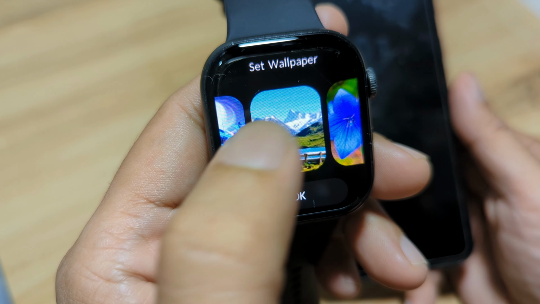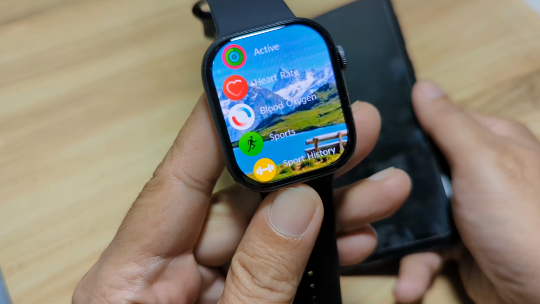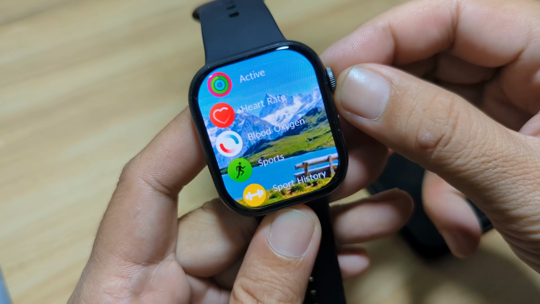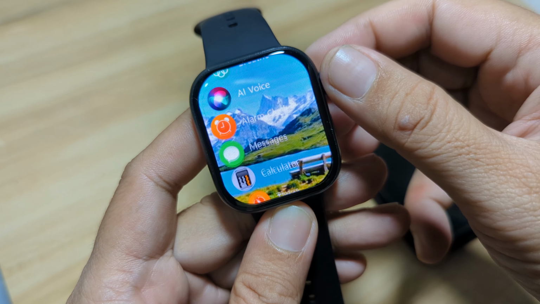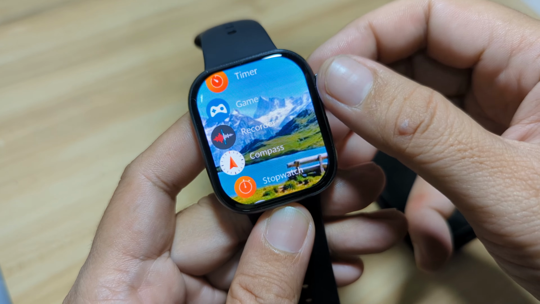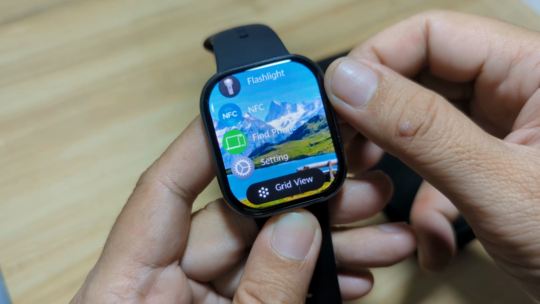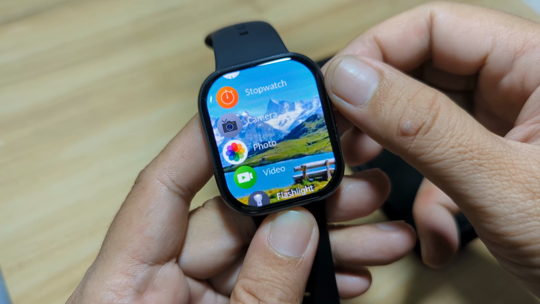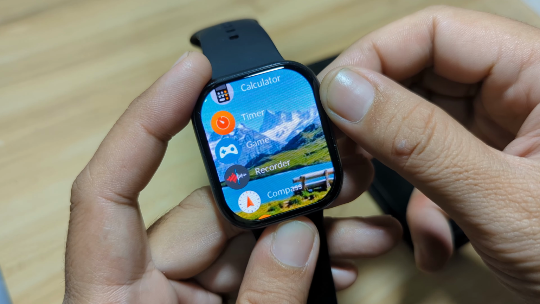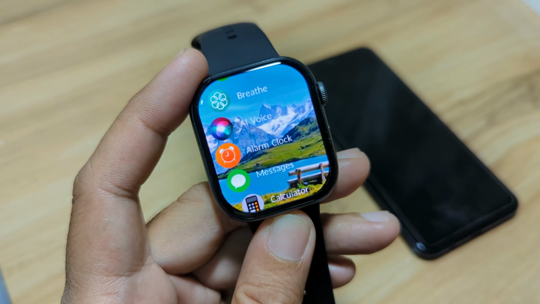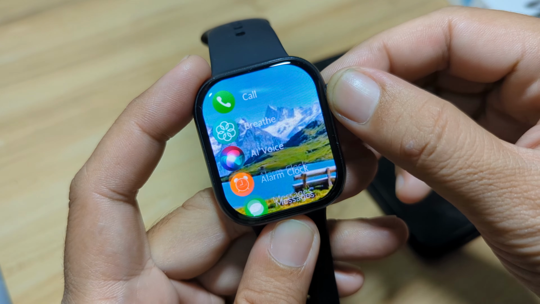I think I like the scenery. Press again, and we have it here. So amazing, a cool feature on the DT Watch 10. Very impressive. Only a few smartwatches have this functionality, and one of the latest is the DT Watch 10 smartwatch.